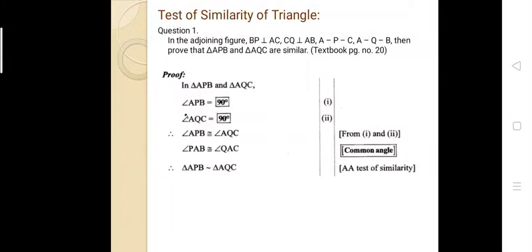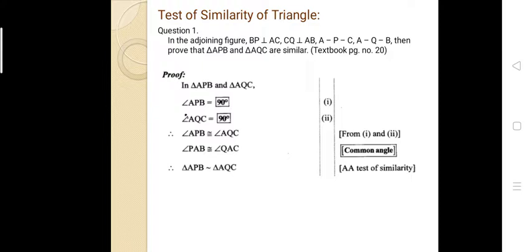Good morning, students. In the last session, we learned the theorems and we solved the examples based on the theorems. Now, in this session, this is a revision, because the similarity of triangle tests we learned in the 9th standard also. Students, I am going to explain the tests of similarity directly by example. All of you know that the basic tests of similarity are SSS, SAS, ASA, as well as AAA.